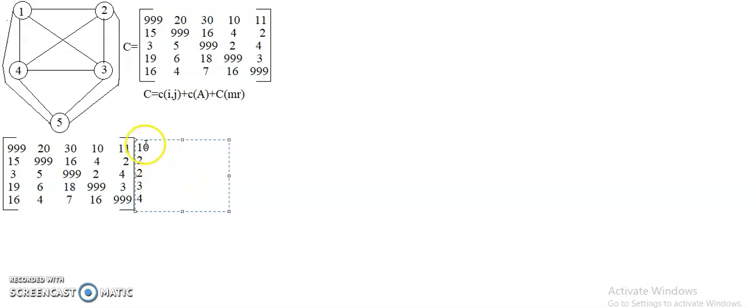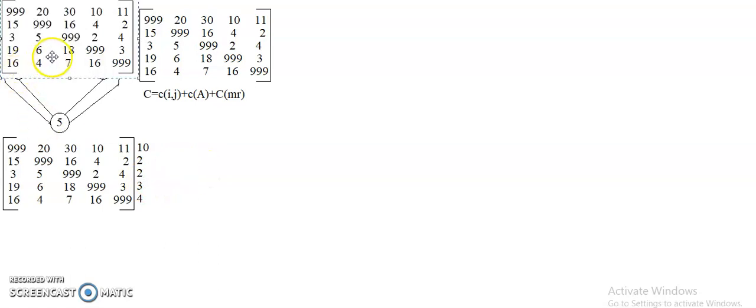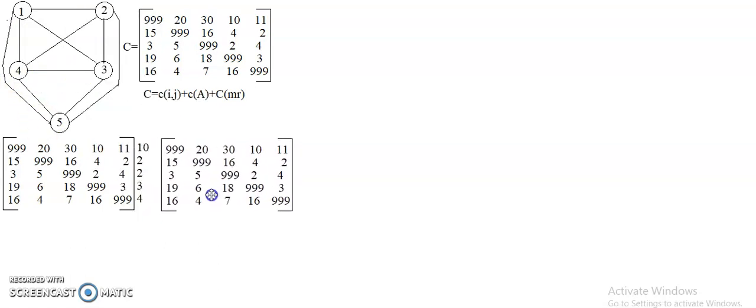So let me tell you, this 10 to 2 3 4 that you have chosen. What you are supposed to do is draw the adjacency matrix again over here, equal to. You are supposed to subtract each and every element of a particular row with the minimum value. Whatever minimum value you have extracted, you need to subtract it.